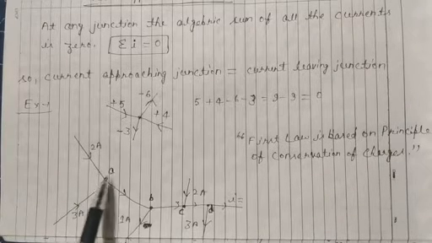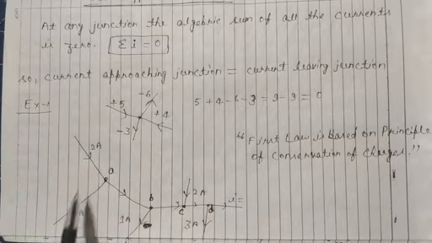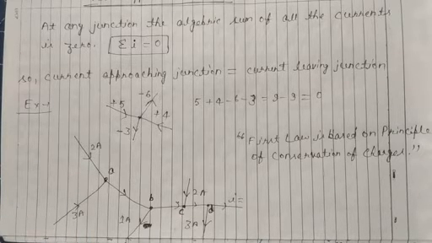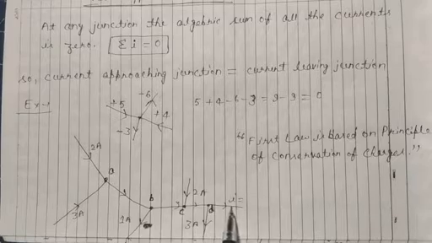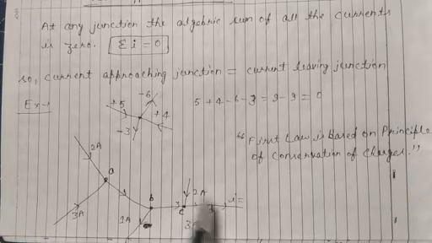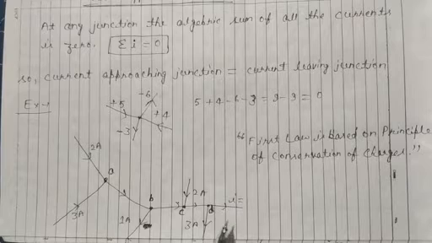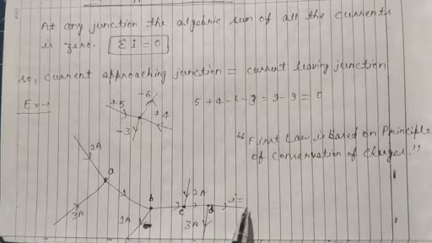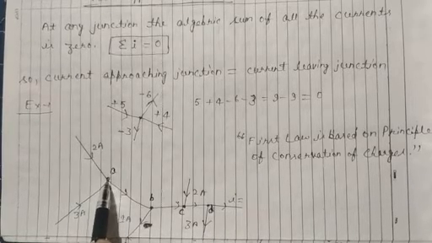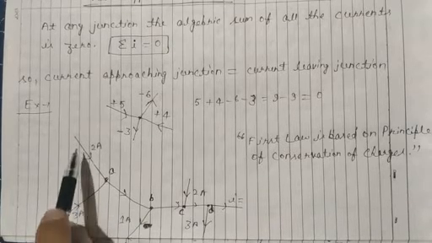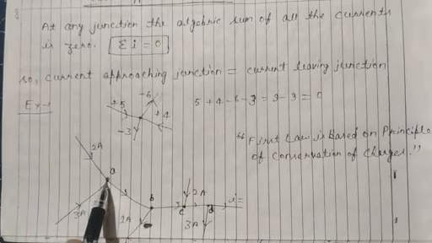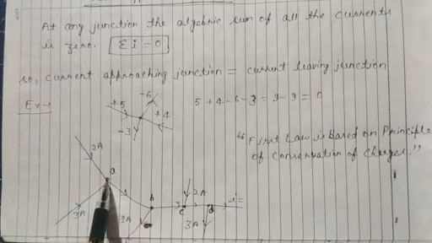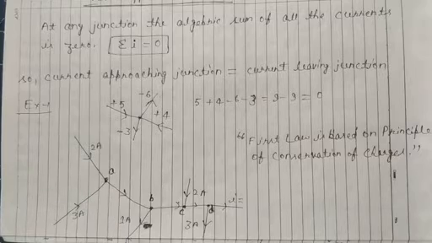Let in this figure there are so many wires, and there are junctions and branches. We want to find the value of current I on this wire. So with the help of Kirchhoff's first law, we will find the value of current I. This is junction A. The current approaching is 3 ampere, and the current approaching here is 2 ampere. That is 5 ampere. And what should be the total current?